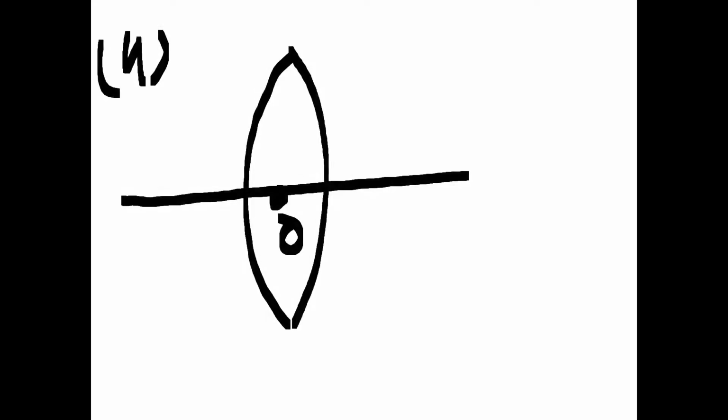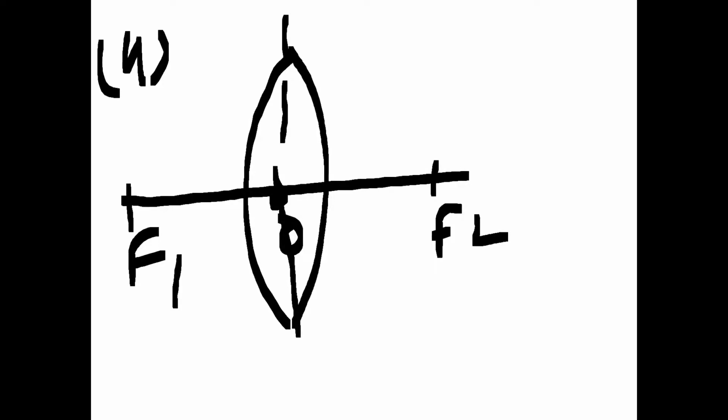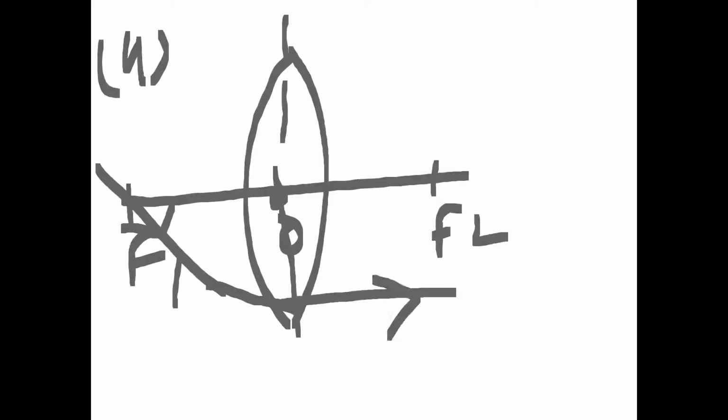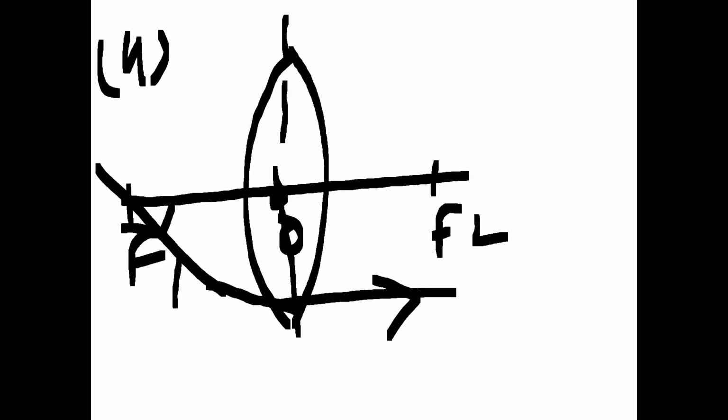And next rule, second one, is when the ray passing through the principal focus, it is for convex lens. Firstly, optical center, focus f1, focus f2. The ray is passing through the focus, then it will just go straight parallel to the principal axis. Same way,